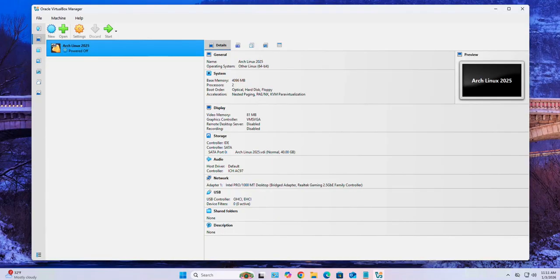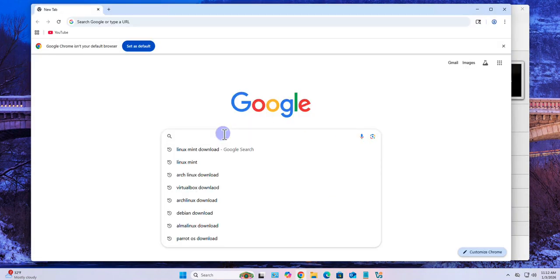In today's video, we'll look at how we can install Linux Mint on a VirtualBox. Now I have a VirtualBox open here, and before we begin the installation, we need to have the ISO image, which we'll need to download from linuxmint.com. So just open a browser and search for Linux Mint,